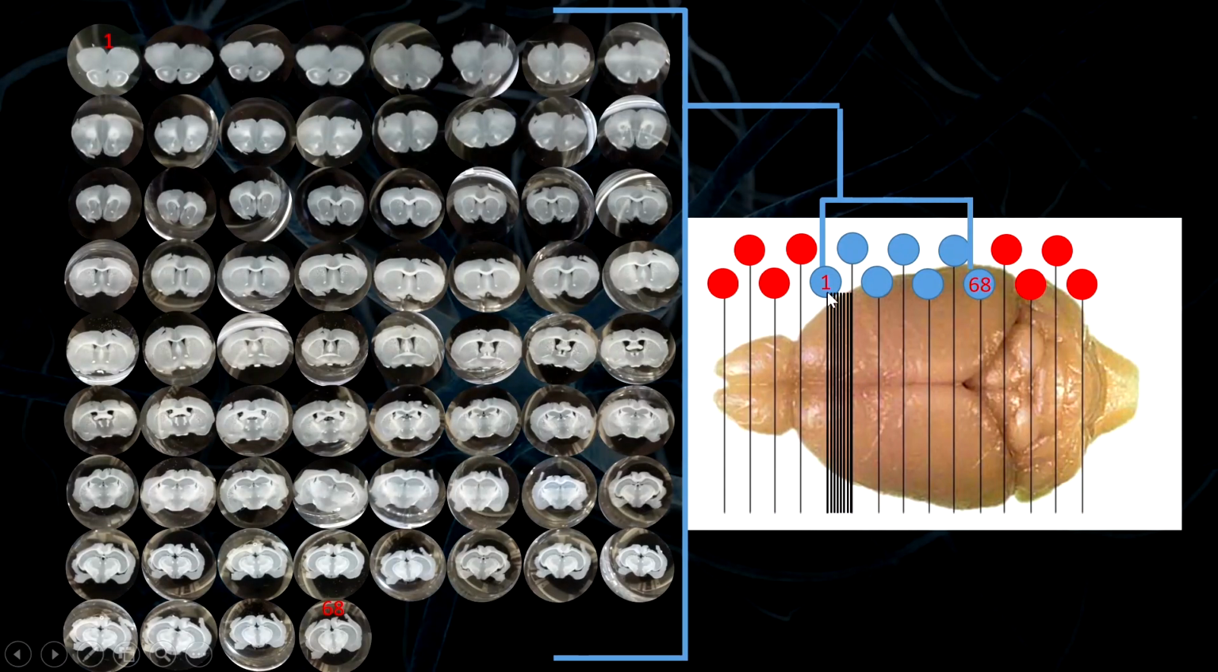The first slice we cut, the coronal section, is roughly from here, and the last one is roughly from here, which means anterior to this part, all these things were not included. Anything posterior to this one is not included, which means we don't have any slice that will include cerebellum. So all the slices that we have between this cut and this cut,